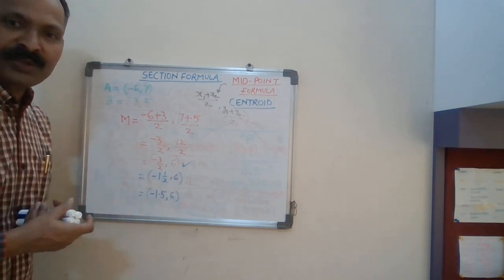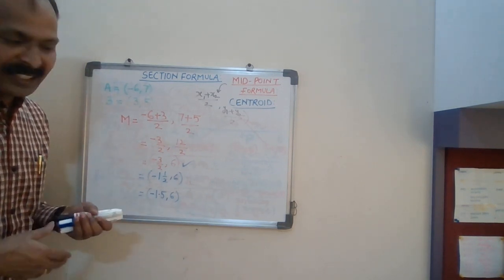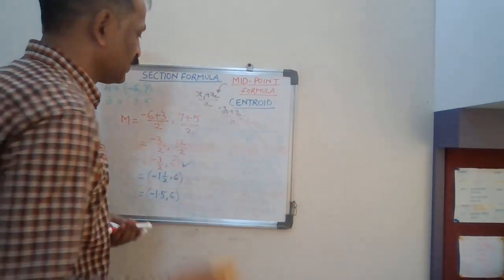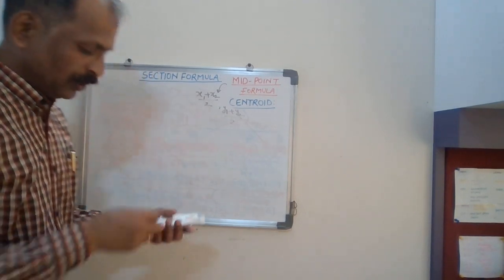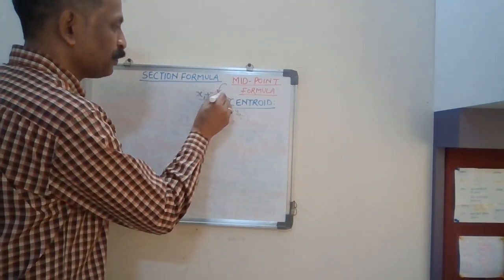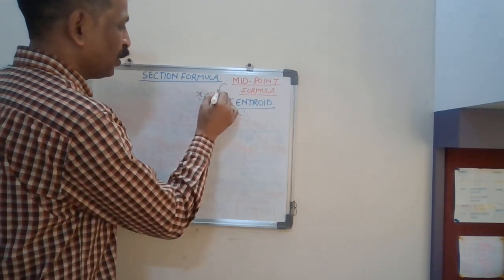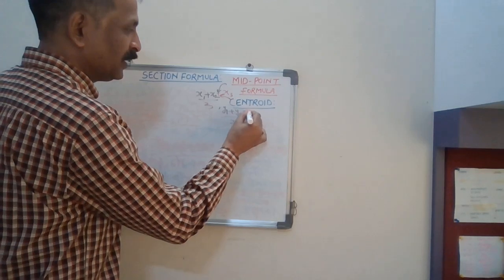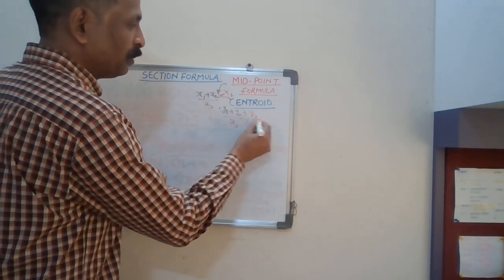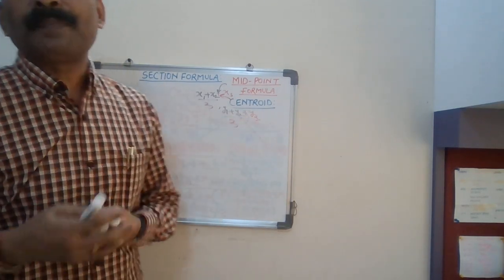Okay. And when I do the centroid, I think centroid is easy. Like midpoint, only in centroid we use three coordinates. Here we used only 2, in centroid we use 3. So x3 will also be involved. Here they will use x3 and upon 3, then y3 upon 3. So there will be 3 coordinates. Centroid is the point where all medians meet. You must be knowing one property of centroid.